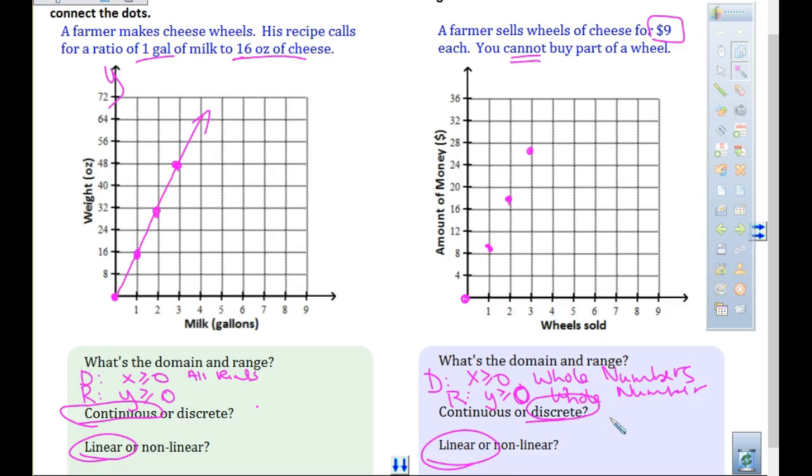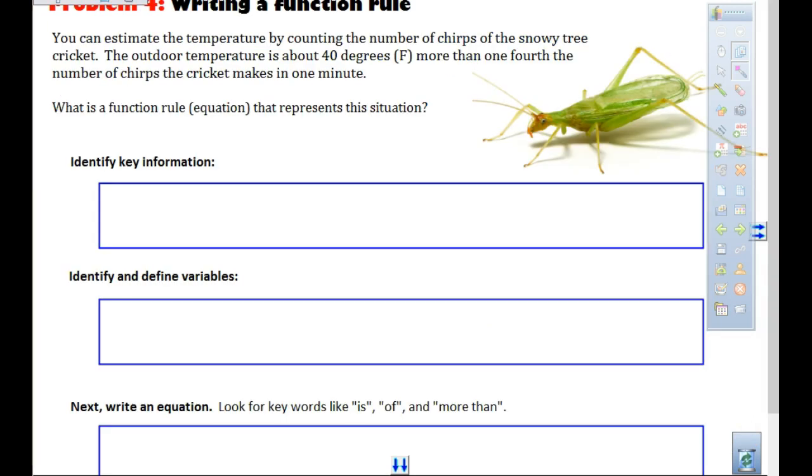On the next page, again, we're looking at some more story situations. So, if we are reading this one, Elise, want to read for us? The outdoor temperature is about 40 degrees Fahrenheit, more than 1/4 the number of